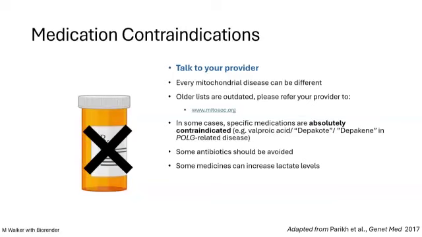And there are some medicines that, while they aren't strictly contraindicated, can cause an increase in lactate and lactic acid in our bodies, in anyone's body. And if you're prone to lactic acidosis, you can imagine that we might want to avoid those in your case. And there are also medicines that can cause muscle weakness or nerve dysfunction in any individual. So if you're somebody who has a genetic susceptibility to having neuropathy or myopathy, we would prefer to avoid those medications for you as well.